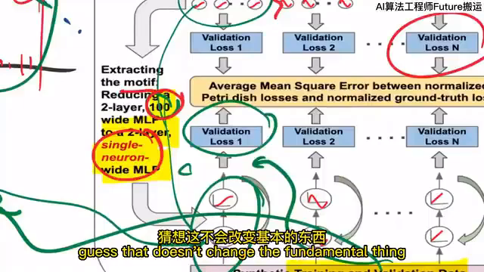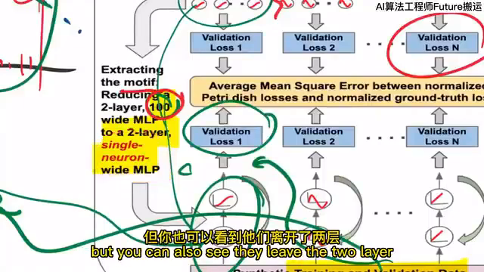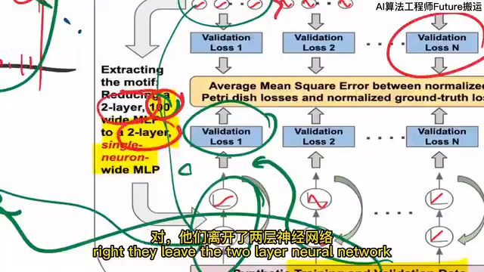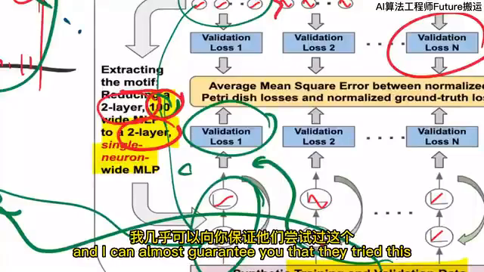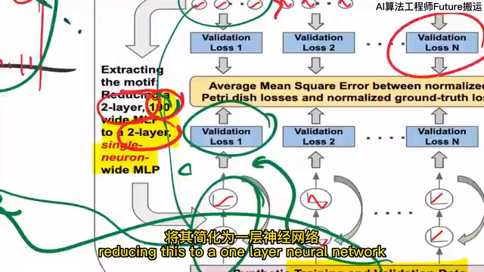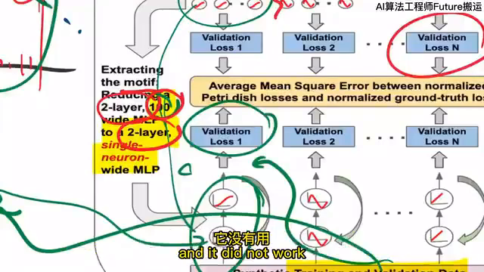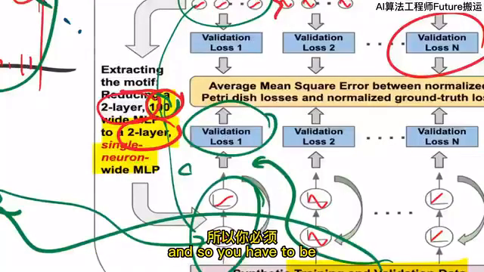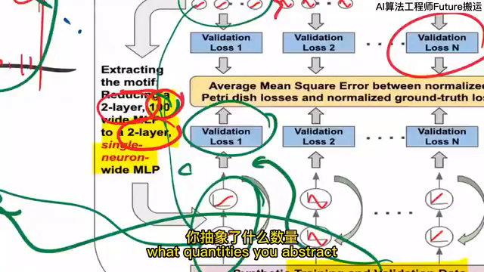And they sort of guess that doesn't change the fundamental thing. But you can also see they leave the 2-layer neural network. And I can almost guarantee you that they tried reducing this to a 1-layer neural network, and it did not work. And so you have to be very careful of what quantities you abstract and what quantities